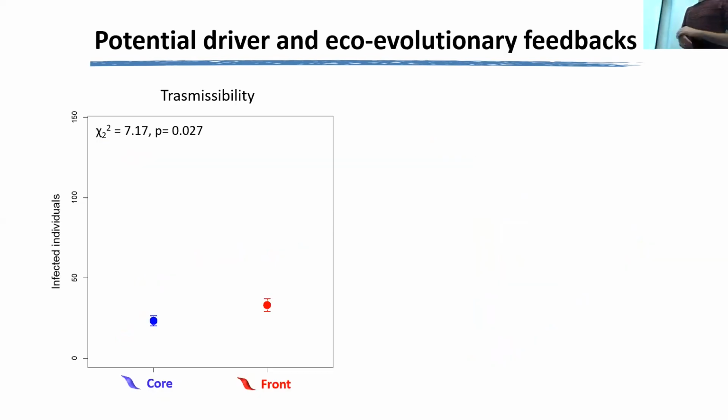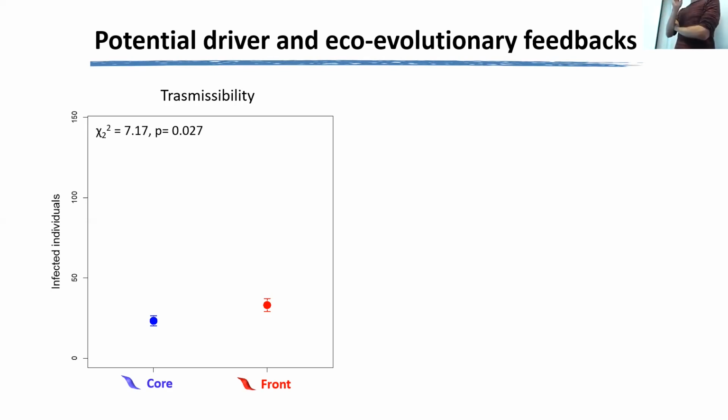We measured transmissibility. Again, here, for some reason, there are a lot of points in the back that do not appear here, but it doesn't matter. The front parasite tends to be more transmissible than the core. Basically, we took 20 infected individuals and put them in a PCR tube with another 100 individuals, and after the first day, we went back and sampled the whole tube and checked every individual to see how many were infected, because with our technique we can detect how many new infections we have. We know that one is an infection, that's a non-infection. What we obtained